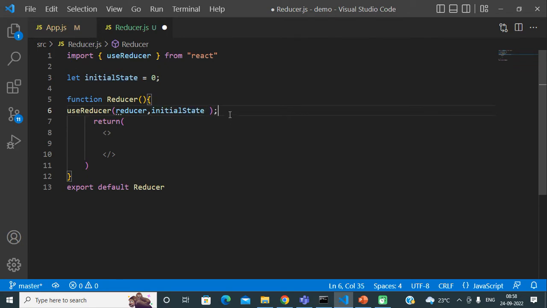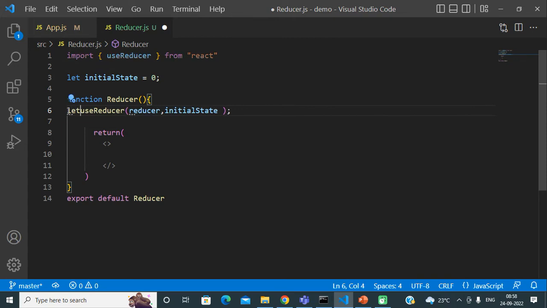And friends, when we call the useReducer hook this way, it returns two values to us, similar to our useState hook.